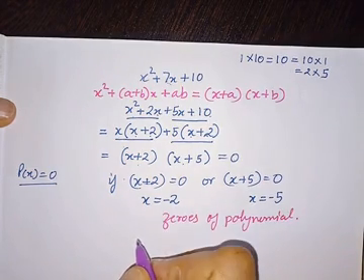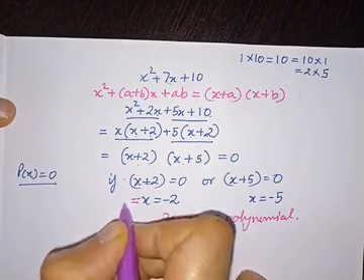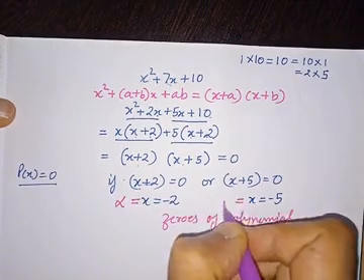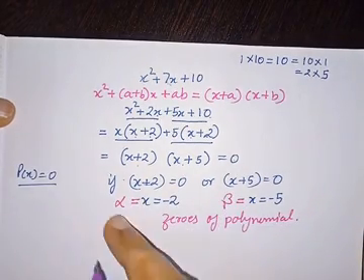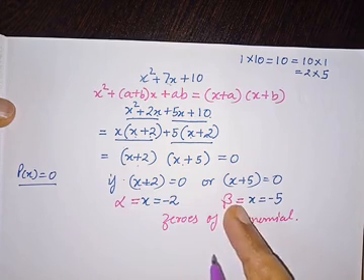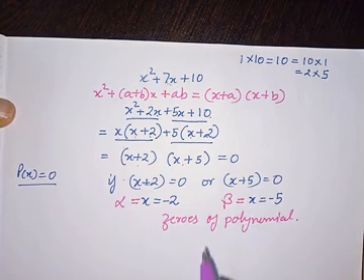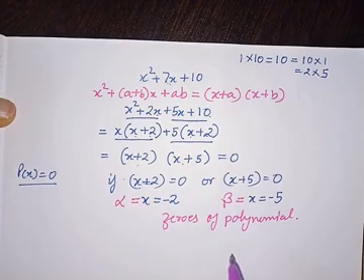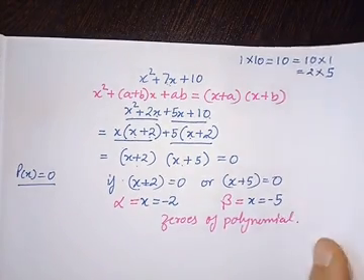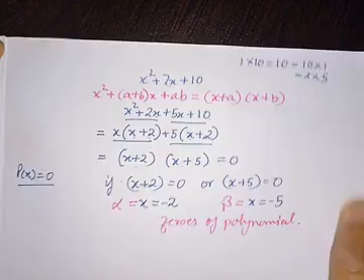These two are zeros of the polynomial and are represented by alpha and beta. We can name this as beta and this as alpha. That does not make any difference. So alpha and beta are zeros of the polynomial. Now the general form of a quadratic polynomial